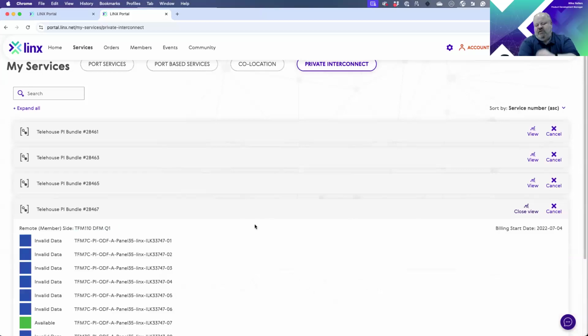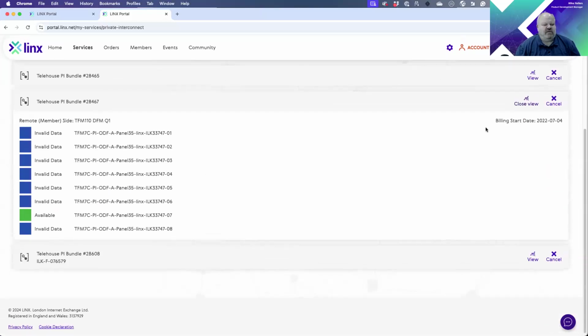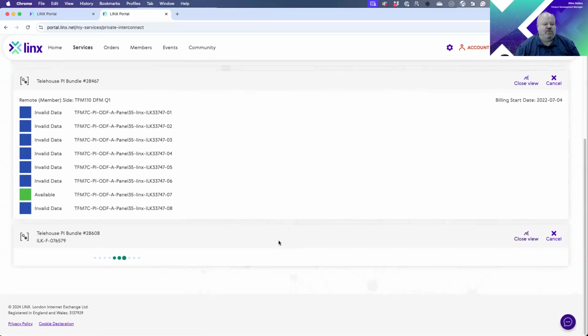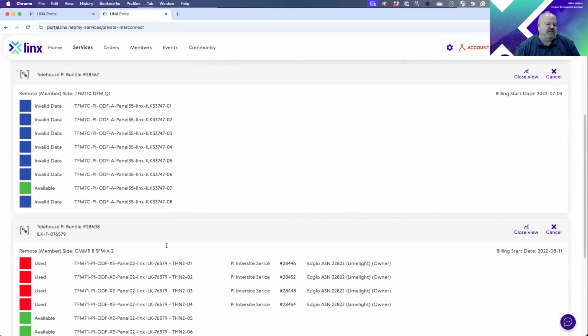But again, just to show an example how that would look like if you use it, the way PI works, you buy bundles of fibers between your rack and one of our racks. In Telehouse, these are bundles of 8 pairs of fibers, and on the portal, you would see again,